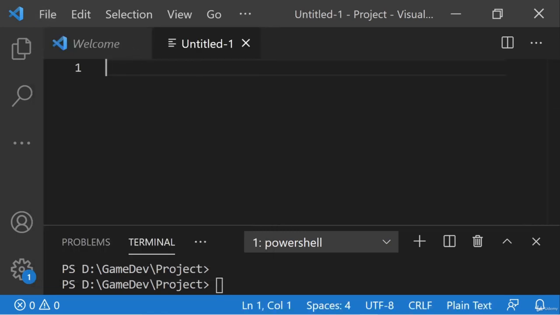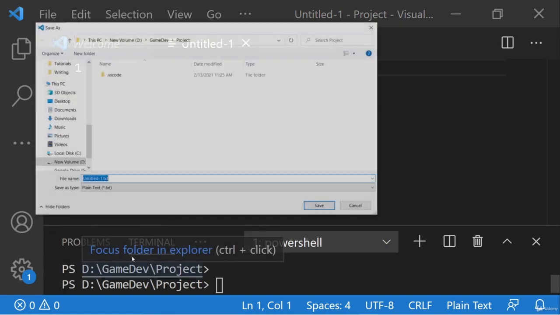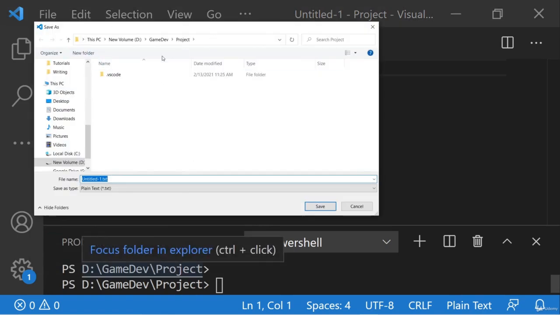Now we'll get our new file opened up here in the text editor, and right away we're going to want to save this by going to File and clicking on Save As. Now make sure you're in the correct folder where you want your project to be, and we're going to save this as